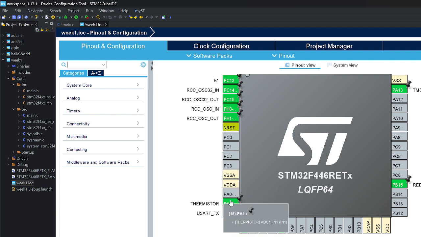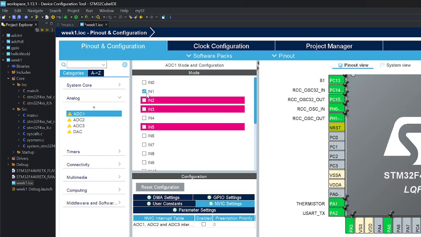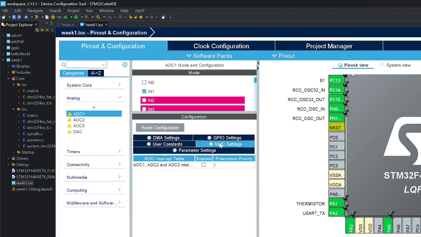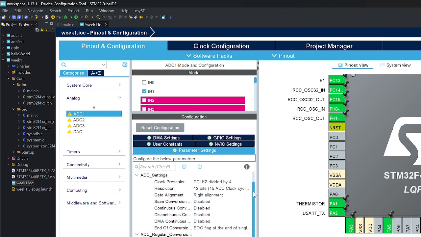Okay, so there's thermistor. And so over here under analog, ADC 1, then there's input 1, then there's a whole bunch of configuration. It's set on NVIC here, but let's see, parameter settings. If I go to parameter settings, it says, okay, here's some settings. Now, most of it is default. It says clock prescaler, resolution 12 bits. If I click, the more bits, there's a time per bit that it takes to do a conversion. If you need it to be as fast as possible, but not as accurate as possible, then you could go,